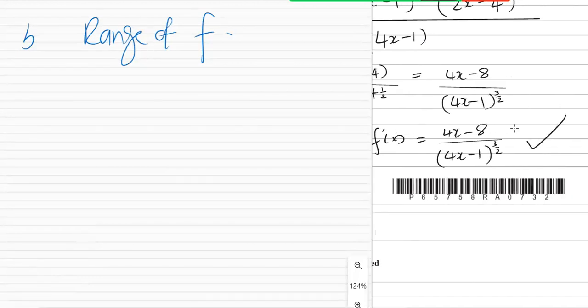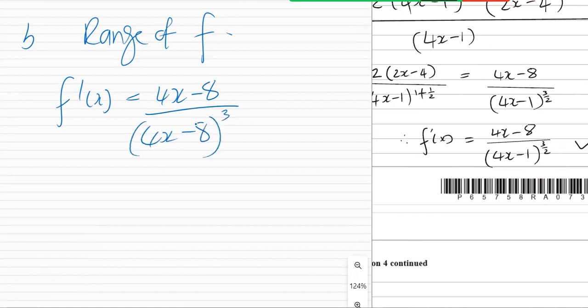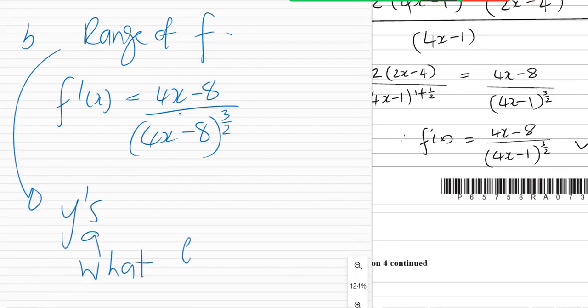Okay, here we go. So our f dash of x was this. It's power of 3 over 2, 1.5. And they say find the range. So if you were to look at range, range has to do with the y's. So what y's exist? Or more specifically, what x's